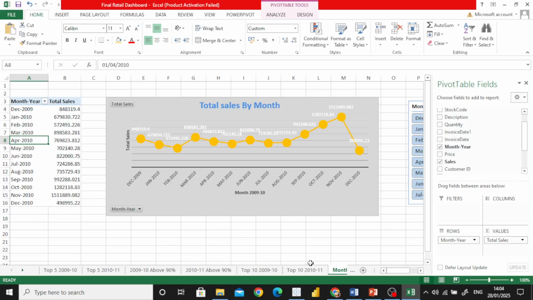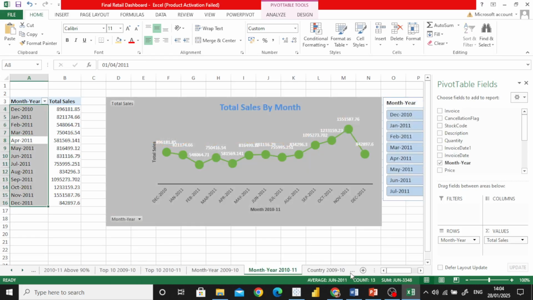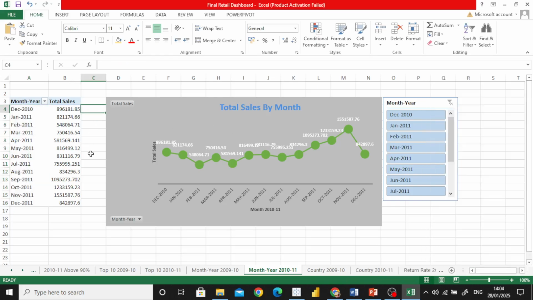Okay, the same process we are going to do for 2010. After that, you have to select the table, and you can add the line chart for this. You can use the slicer if you want. Here you can see. Okay, before that, we have to calculate